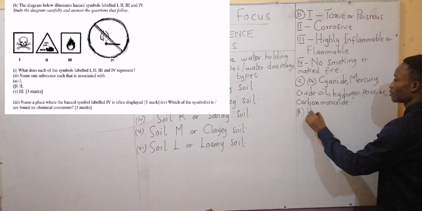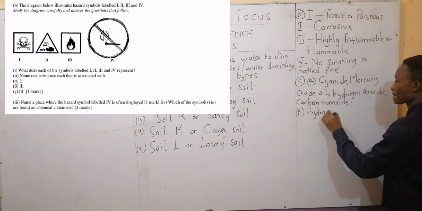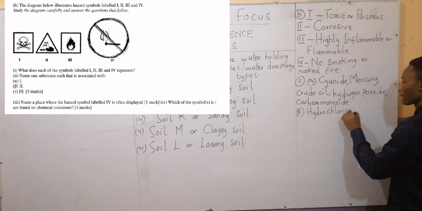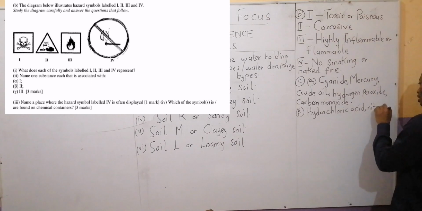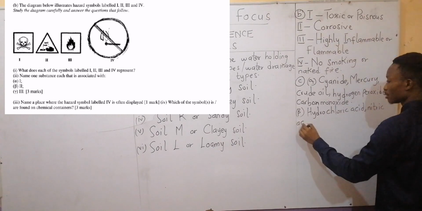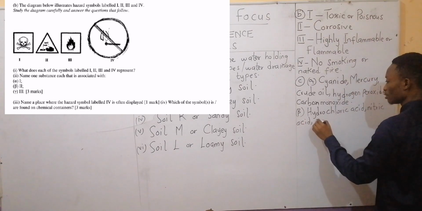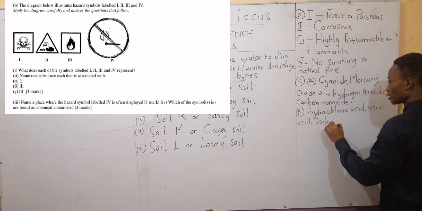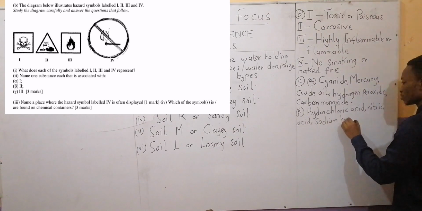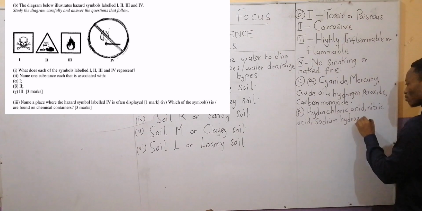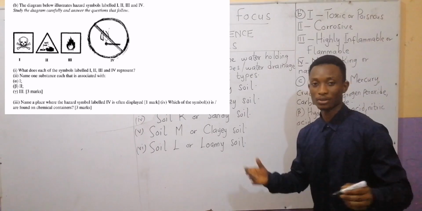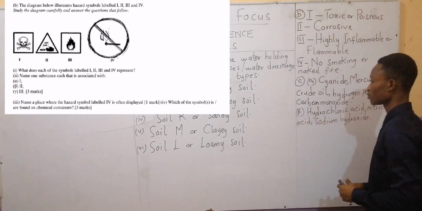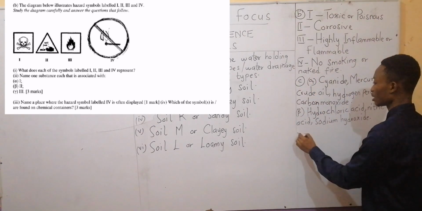So we have hydrochloric acid, we have nitric acid, we have sodium hydroxide, that is a base, sodium hydroxide. We also have potassium hydroxide, they are also part. And the last one is